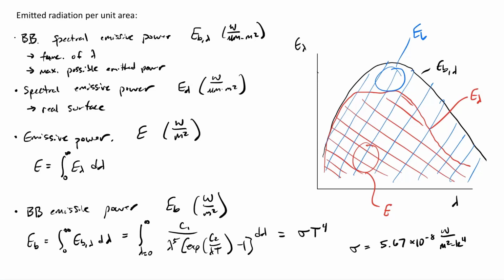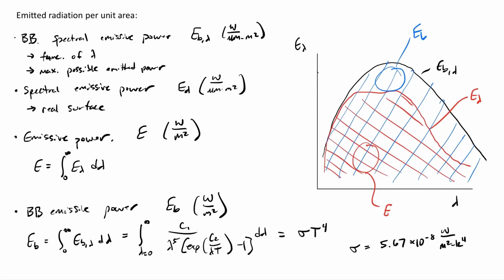Okay, so let's talk a little bit about the fact that we have previously assumed that emitted radiation is just sigma T to the fourth, but now we're given this Planck's law where we can do the integral over, say, a region that's not the full 0 to infinity. We could do the integral over some other region, and why would we want to do that? Well, let's look at my E lambda curve up there. So my E lambda curve shows some features where in the low wavelength region, it's really close to a black